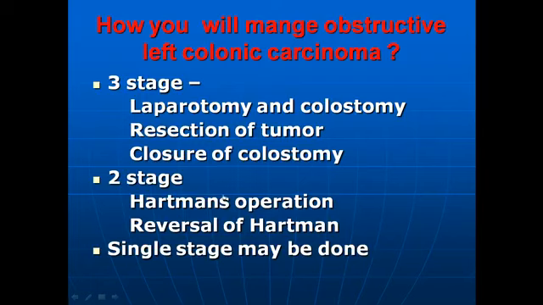The problem is that if the patient is in a septic stage, or in electrolyte imbalance, hyponatremia, or hypoalbuminemia, this anastomosis might not be safe. At the same time, as there is obstruction, there is a disparity of the lumen between the proximal and distal ends, and it's very difficult to do a primary anastomosis. There are more chances of the anastomosis failing. So the single stage should be done by experienced surgeons only. But for a trainee surgeon or a less confident surgeon, either 3 stage or 2 stage is better for this patient.